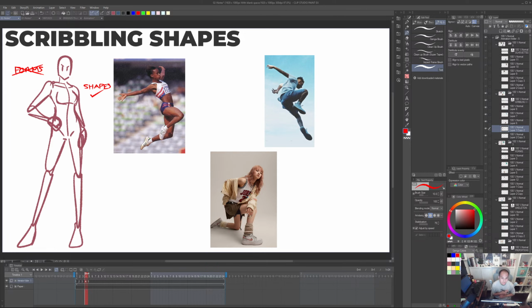We're drawing shapes, and when we're drawing shapes, it's actually a variation of drawing contour lines where